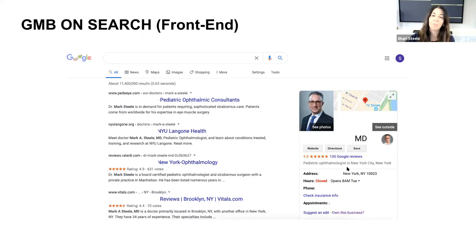So just, I guess, a little bit of background, just in case, to make sure we're all on the same page about what a Google listing is. When you type in search,